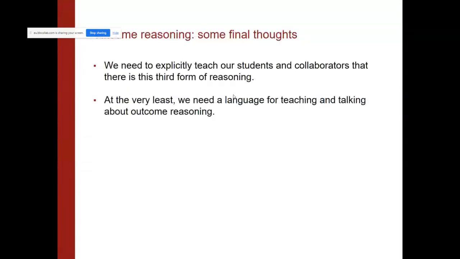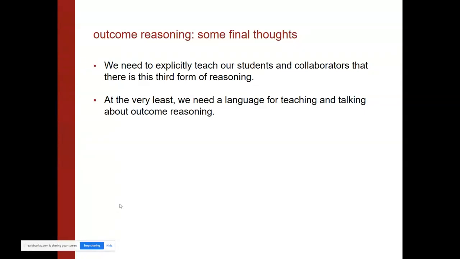And I think, in particular, when I think about the audience today, given your skill sets, we're talking about also a mathematical language for outcome reasoning. I think Jordan and I and other people in the field have started to say, hey, there is this 3rd kind of reasoning, but people haven't done all the math, haven't done a very careful job of describing its mathematical properties. And when we do that, we're going to have a lot of advantages.